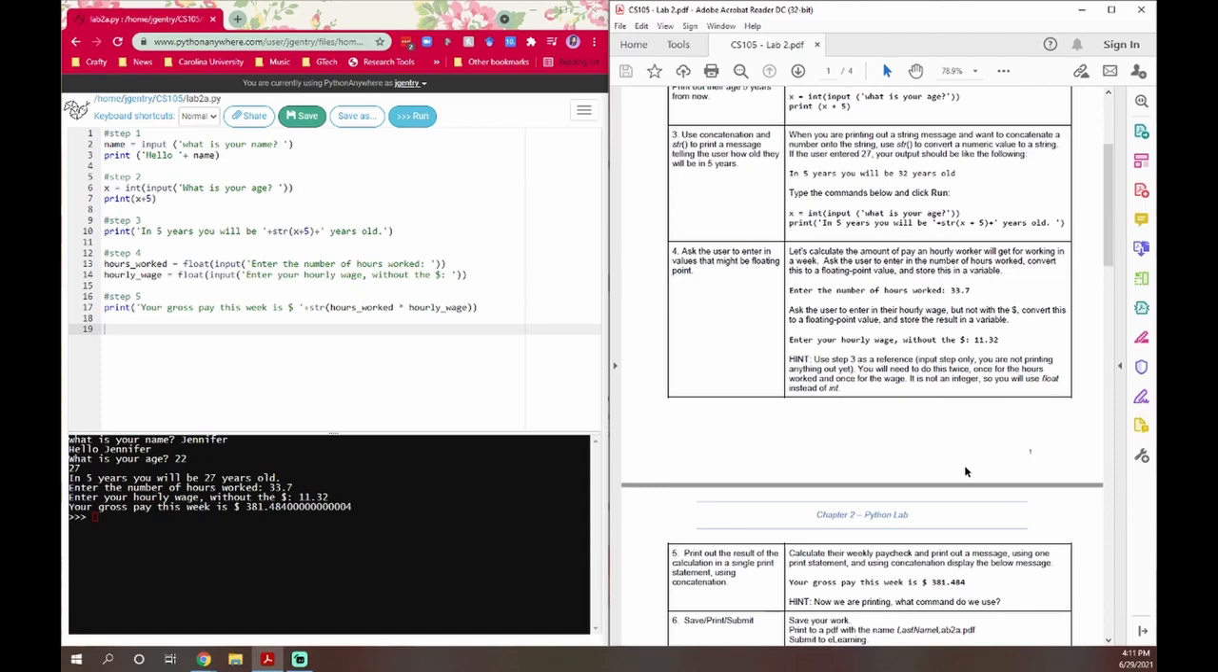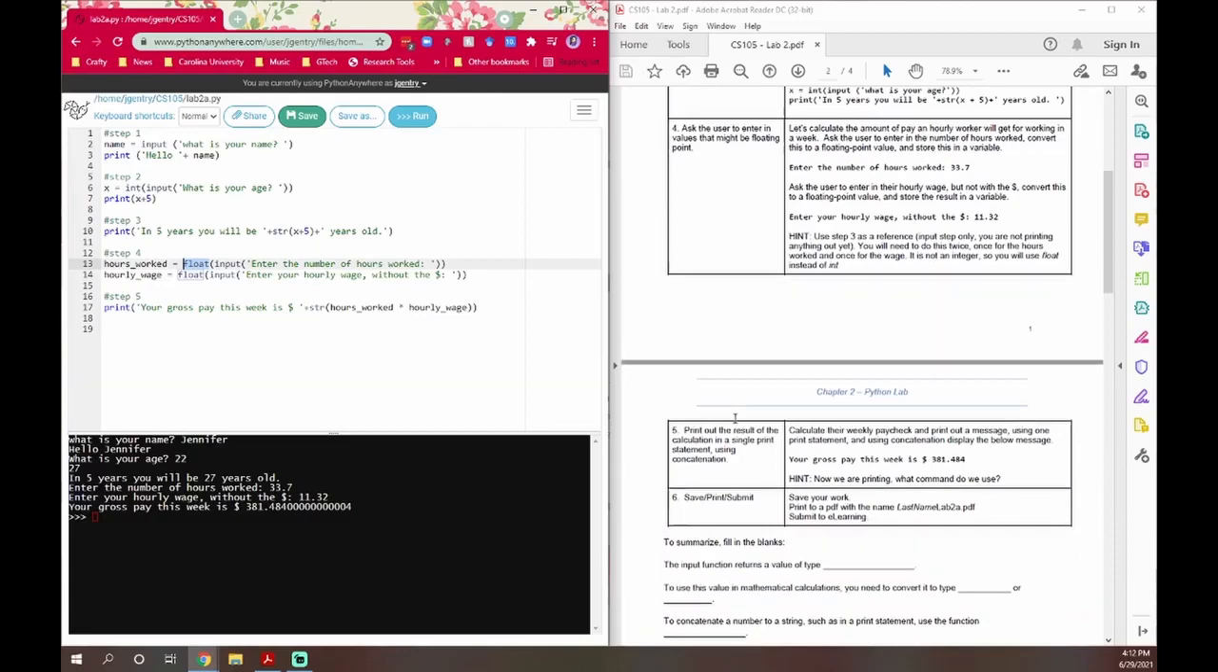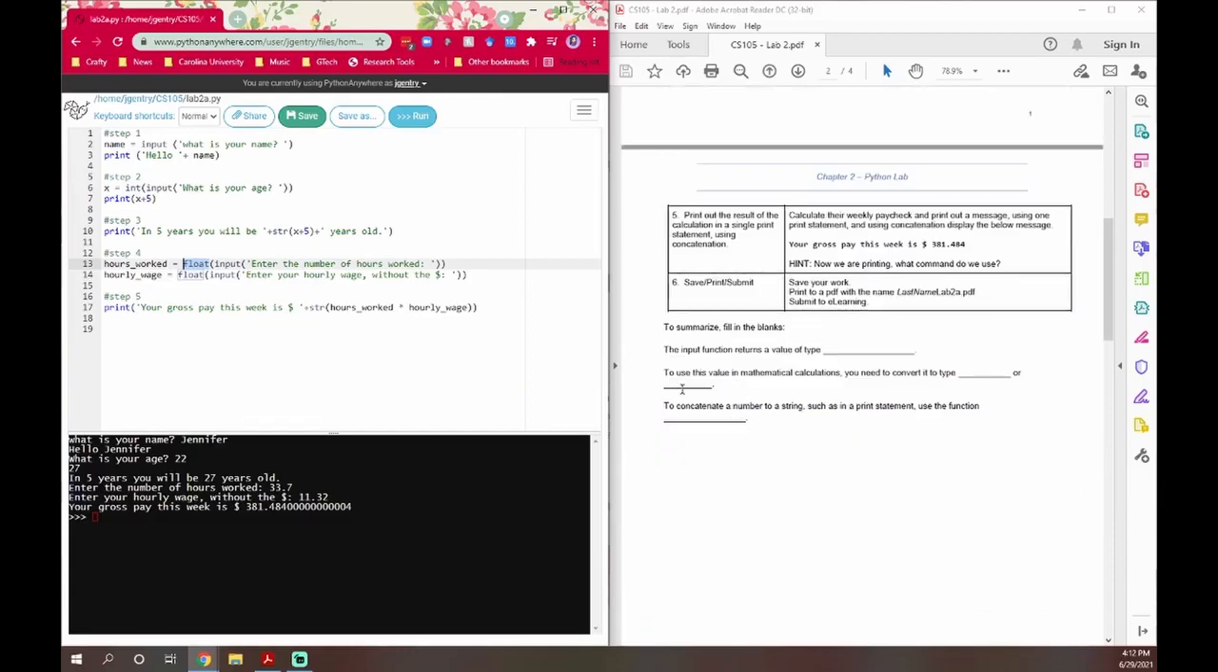Well, here we've used two types to convert it to a number. If you look back in our code on line 6, we created an int type. And then on 13 and 14, we used of type float. So the answer to this question is to use this value in mathematical calculations, you need to convert it to